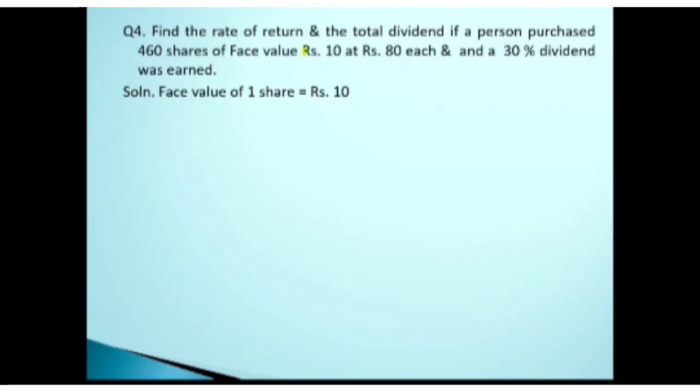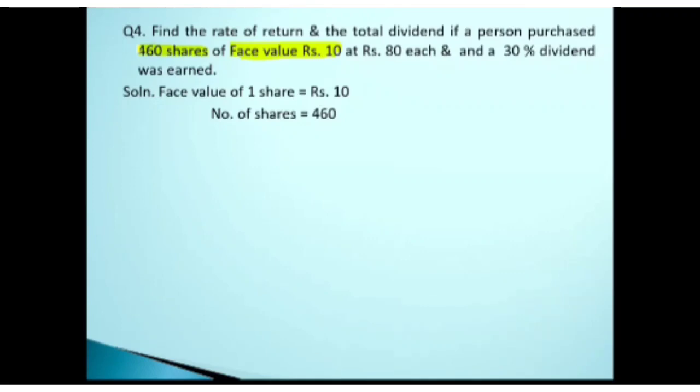So face value is very clearly mentioned in the question, and that is given to be 10 rupees. All right. So that is the first given data. What about the number of shares? How many shares are given in the question here? There are 460 shares. You can see shares is written after that. So the second line of the given data is number of shares, and that is 460.